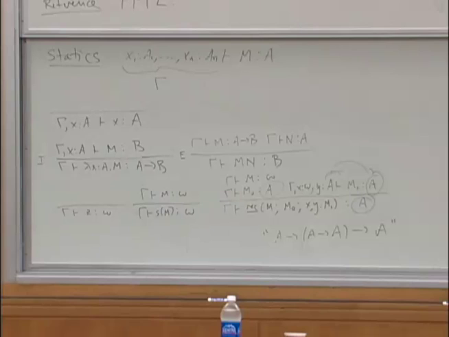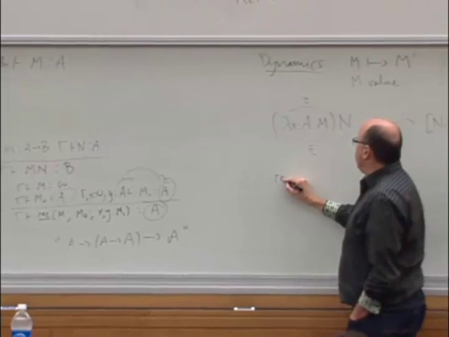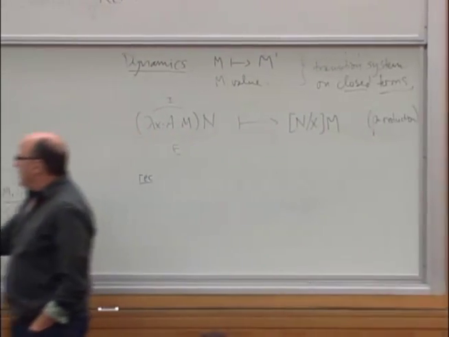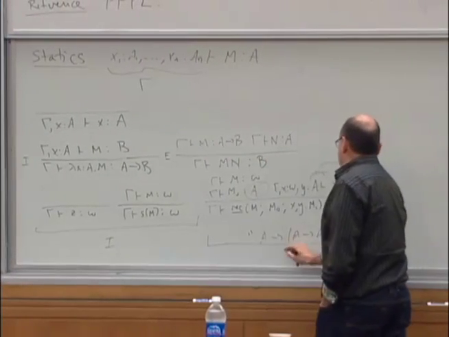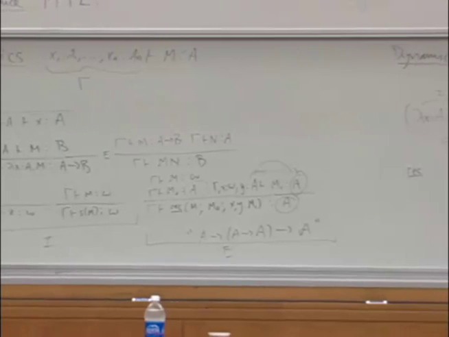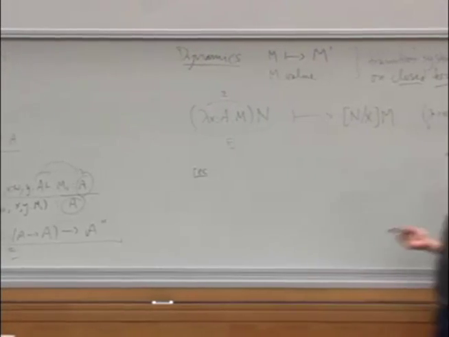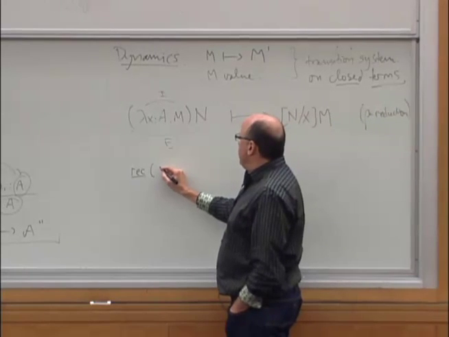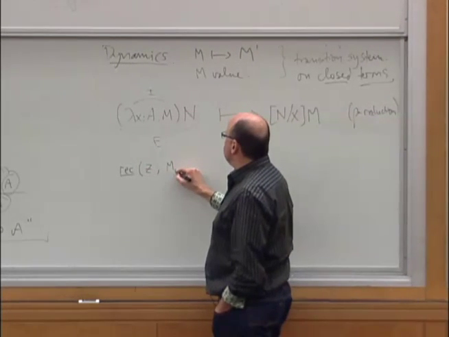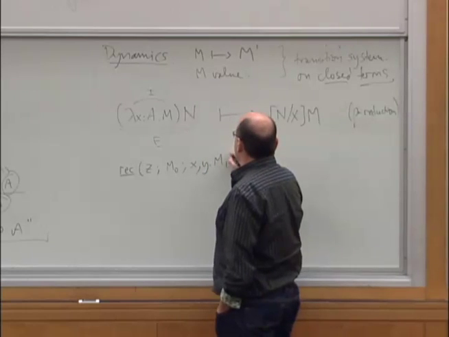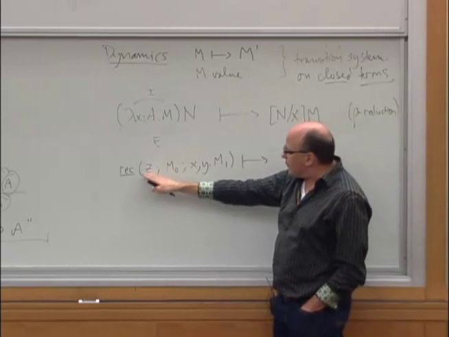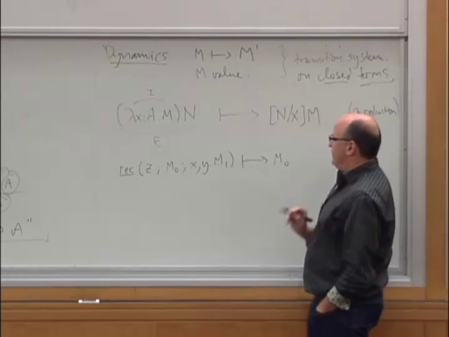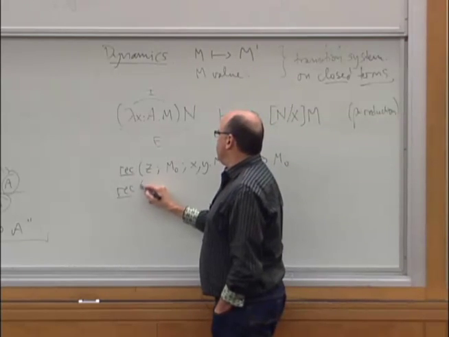Okay, so now I want to say something about the dynamics of this thing. I'm specifying, once again, these are both the intro rules, and this is the elimination rule. So we have the same pattern that the elimination inverts the intro. If I'm running the recursor on 0, what do I do? Remember what the intended meaning is: check whether this is 0. If it is, then the answer is m naught, so we do that. And if it's not,